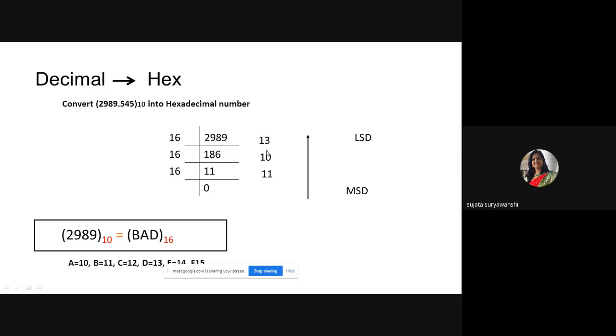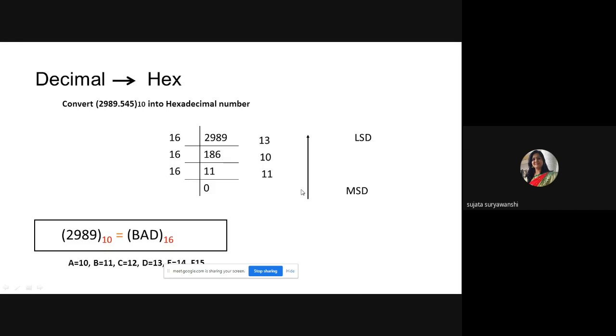Record the remainder. Here you will get a remainder which is more than 7 or more than 9, as the hexadecimal number has a total of distinct values from 0 to 15. That's why we'll get a remainder or carry which is more than 9 also, or more than 7 also. Now here I'm getting 13, 10.